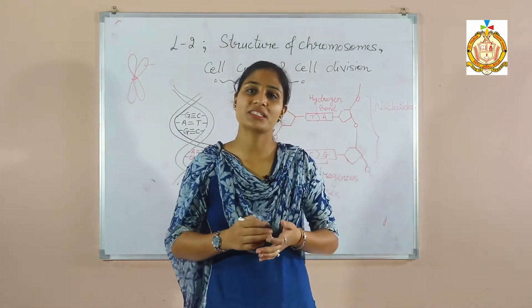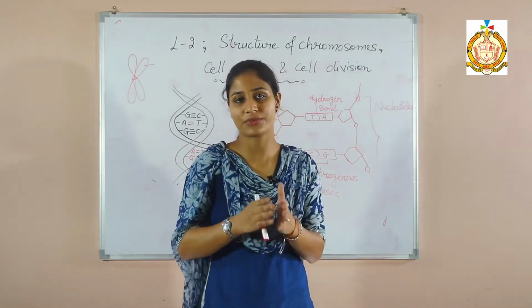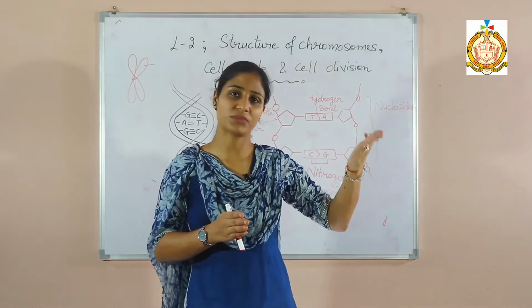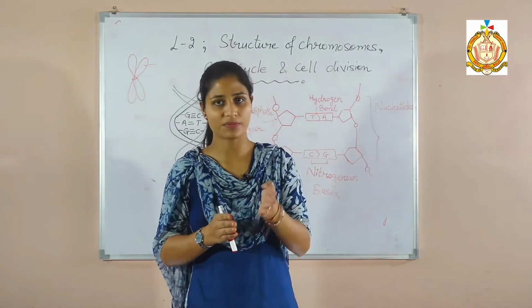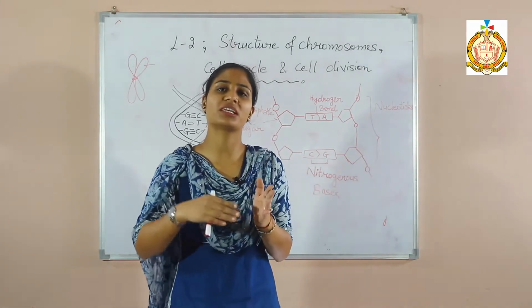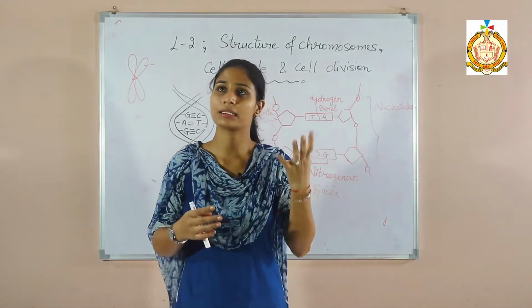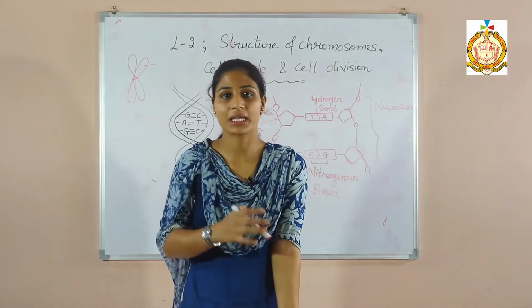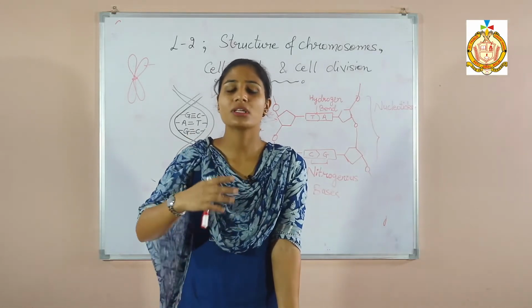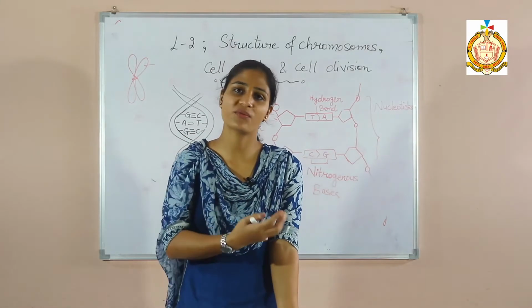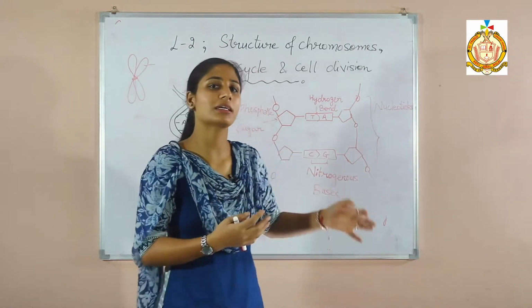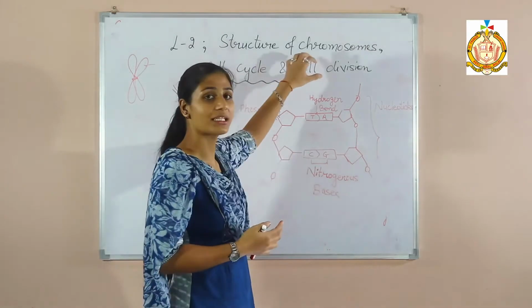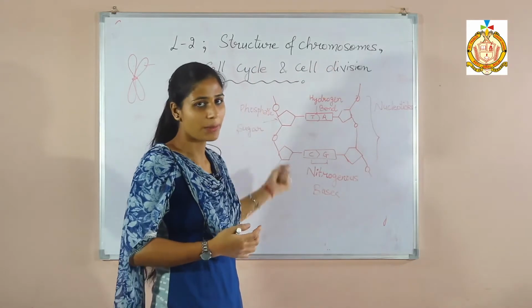Now, what do you mean by genes? Genes are the hereditary material that is transferred from the parents to the offspring and is responsible for a number of things, like the color of the hair of the offspring as well as the color of eyes. So, a number of hereditary things we get from our parents come by the help of genes and the chromosomes that we get from our parents.